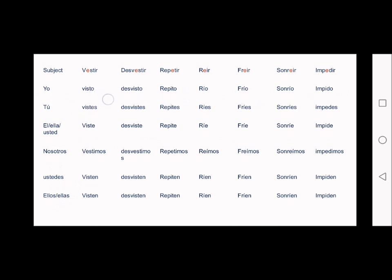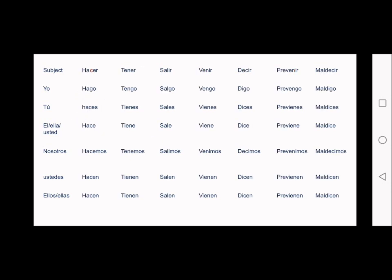But if you notice, there's a pattern. We had vestir, so now we have visto, vistes,